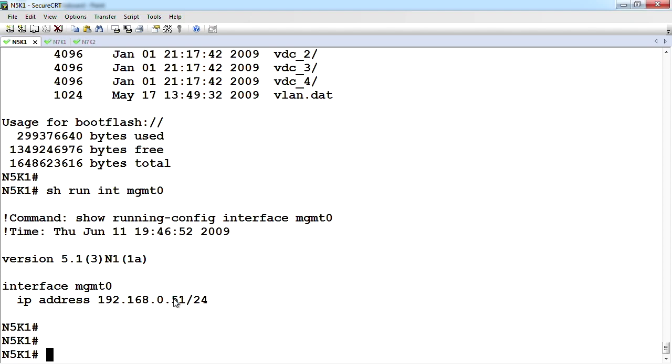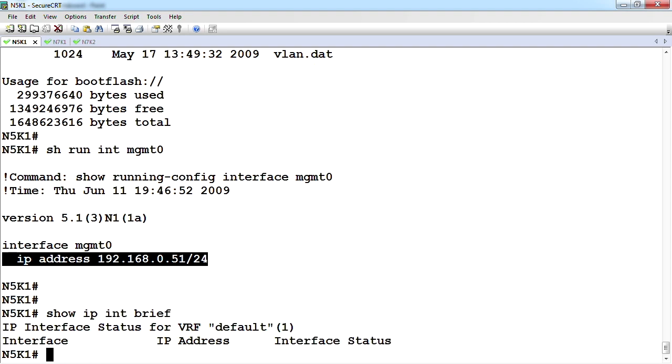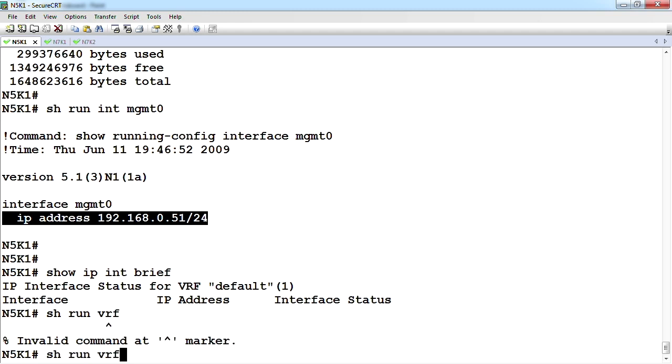So one thing you would note here about the IP addressing, you don't have to use the dotted decimal format, which is kind of nice. You can just say what's the address, and then its prefix length. So you don't have to go through that dotted decimal conversion to figure out what's the correct subnet for them. Okay, if we look at show IP interface brief, normally we would see any links that are running IP. But in the case of the management interface, let's see if this shows in global config. Let's say show run include